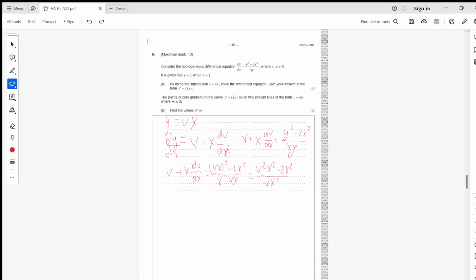And we can cancel out x squared. And what we have is v plus x dv/dx